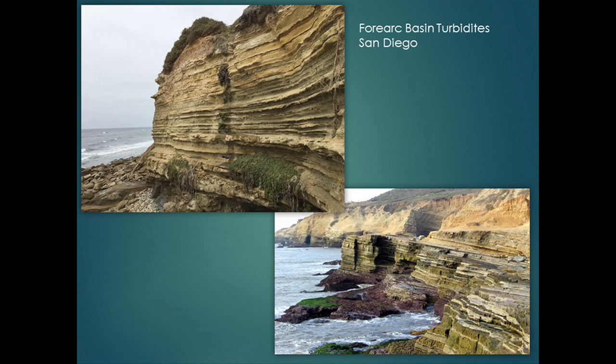Bang, bang, bang, bang, bang, bang, bang, bang. And then the recesses between are the muds. And you could go to Sunset Cliffs and you could actually count these if you wish. I'm sure some geologists have done that. But anyway,